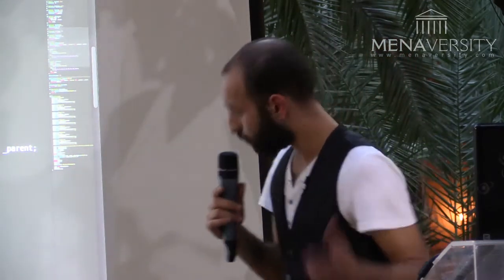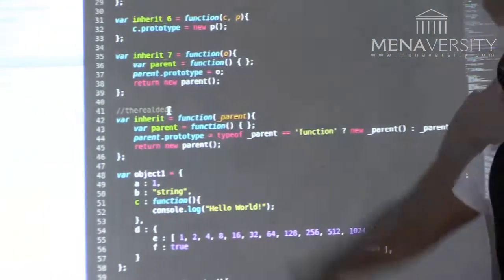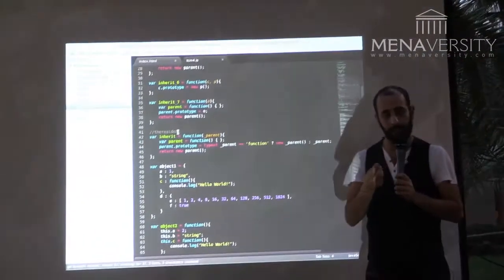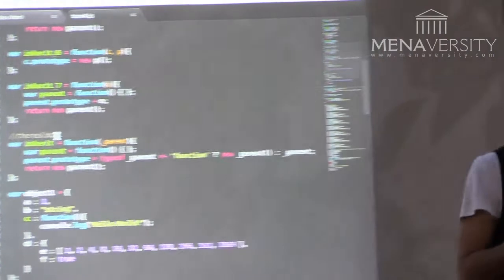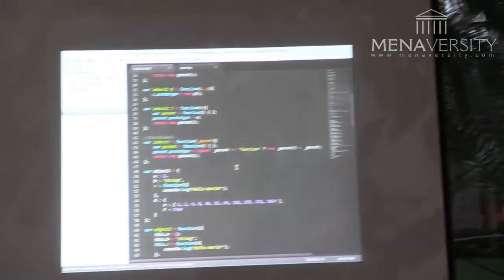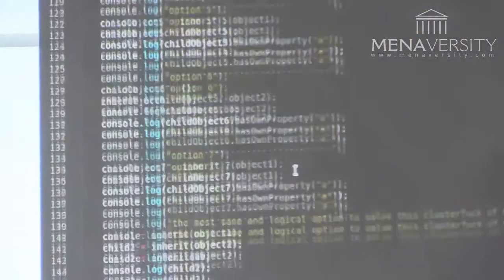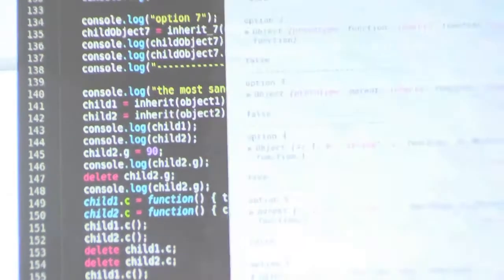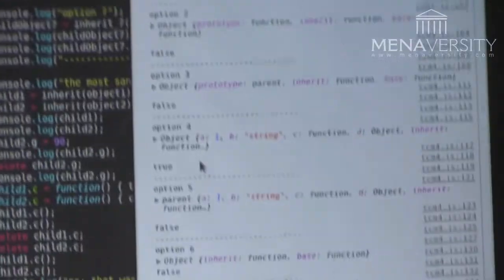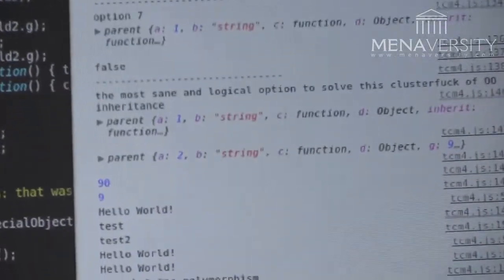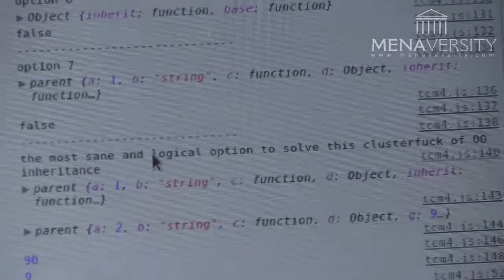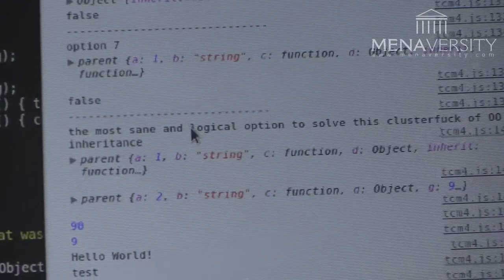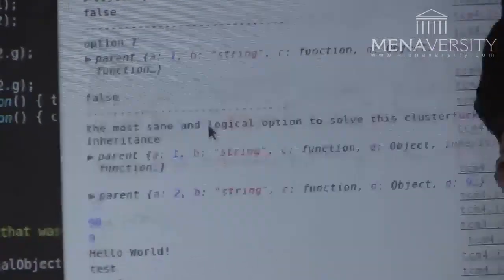So the point you made now is still going to get clearer, once we get to a defined model of inheritance, or how to actually inherit in JavaScript. Okay, so using the last inherit, it's the most, as you notice here I named it, the most sane and logical option. Because it is sane, it is logical, we keep instanceof, okay, and we can also use polymorphism. Why? Because here